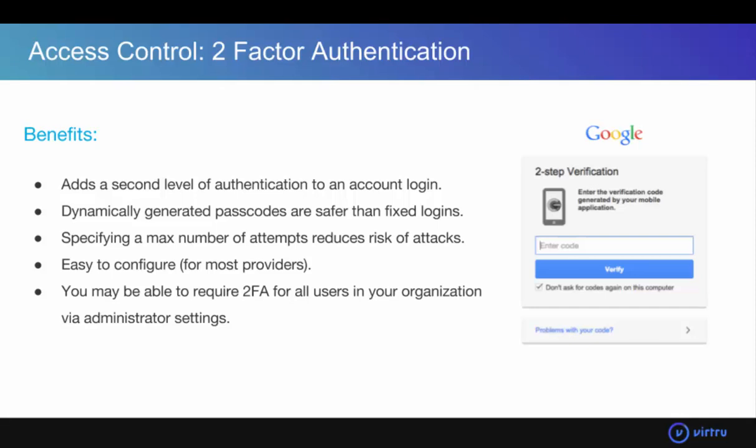So for instance, if I were to log into my Gmail account with two-factor authentication on from a new browser session, I'll provide my user ID and password. And then since I have never logged into this device before, I will have to enter a second step. In this case, I will use the Google Authenticator app to authenticate with a passcode that's generated from that. Other factors that are commonly used are SMS text messages. So you register your phone number. Every time you log into your Apple ID, for instance, you'll get an SMS